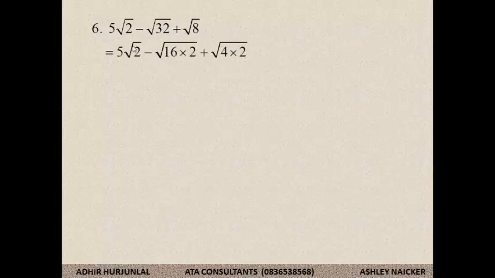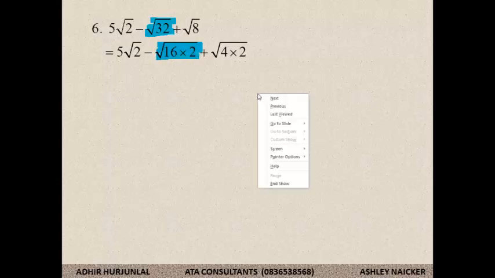Example number 6. In example number 6, 5 root 2 minus the square root of 32 plus root 8. This is alright. 32 works out to being the square root of 16 times 2. And if I go further,